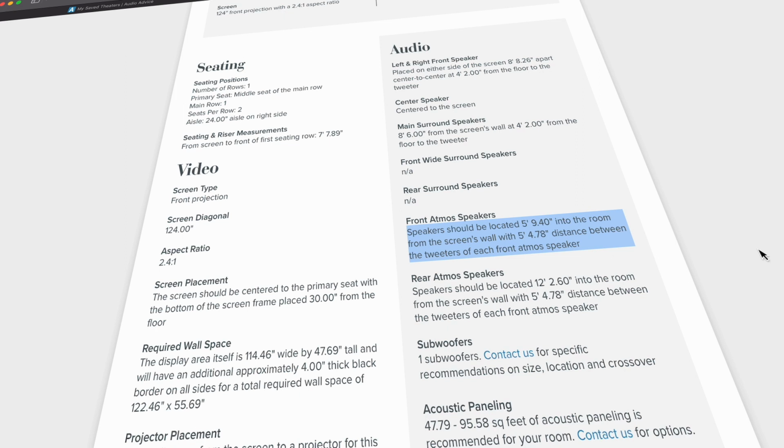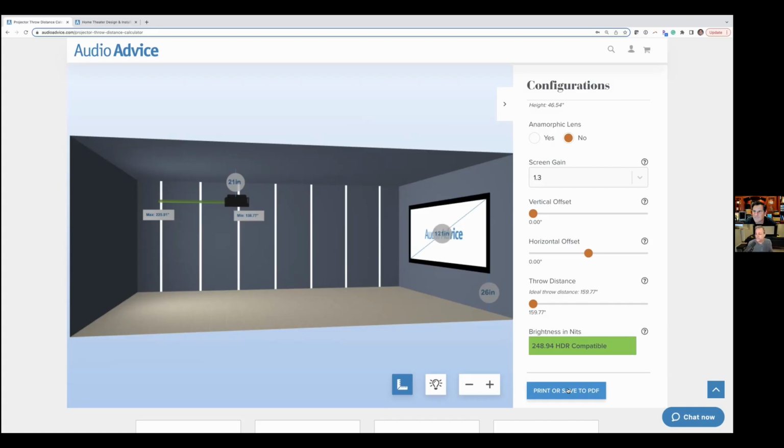It's not just a PDF of this screen. This is just another step, so far beyond what anyone else has done. The other projector calculators that you see, they're just plugging in manufacturer numbers. The fact that you've taken the time to measure actual samples of these projectors and put in real world data instead of best case scenario data, it's just unbelievable. And